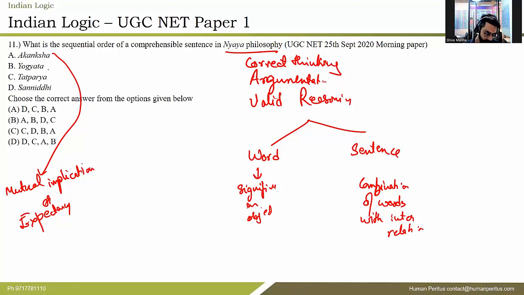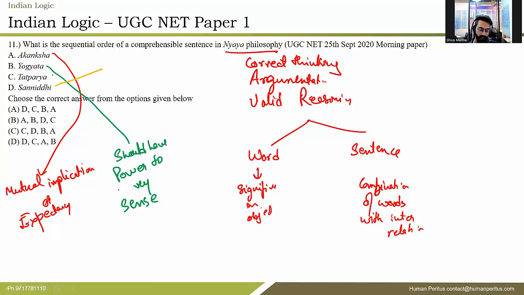Okay. Yogyata. Yogyata means should have power to convey sense. The sentence should make some sense. It shouldn't be illogical. It shouldn't be unsensible. Okay. Then you have something called as tatparya. Tatparya actually means intention. When you're talking about tatparya, it means intention of the words,